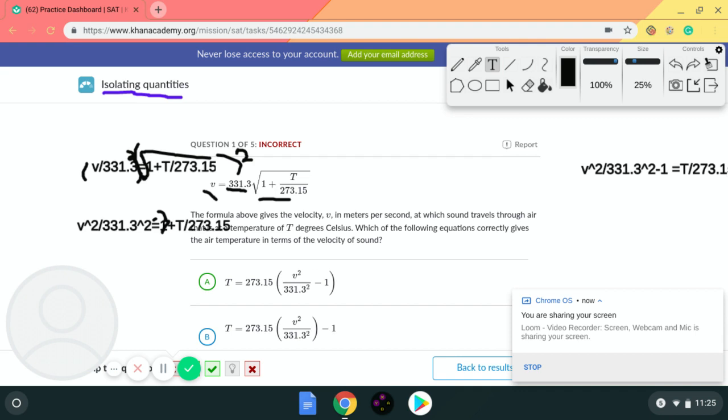Okay, it's a 15 over there. Don't worry, we'll scooch that over. All right, the next thing we're going to do is we're going to multiply 273 by both sides. And we're going to get